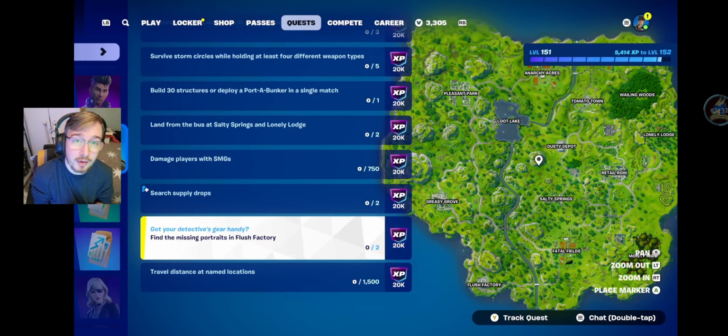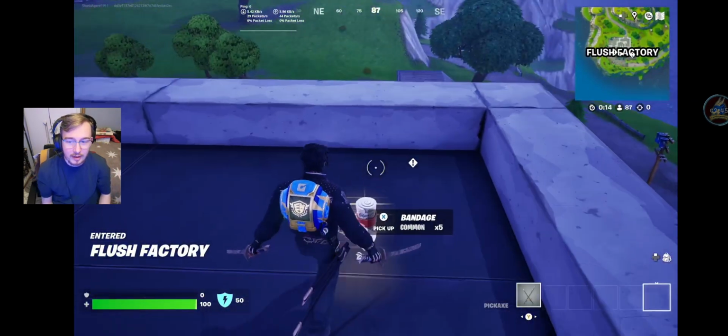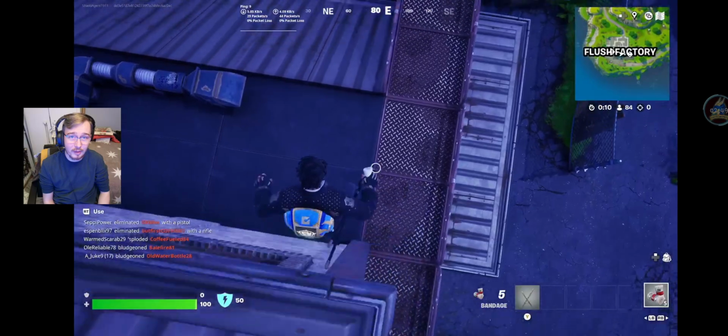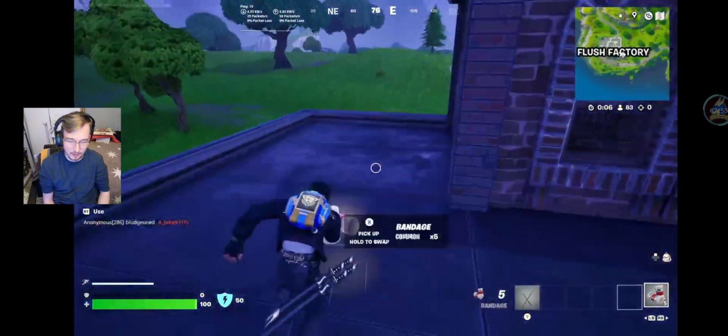The one that I'm going to focus on for now though is find the missing portraits in Flush Factory, just because it's a bit of a mysterious one. So let's head down to Flush Factory and get a start on that quest. So folks, here we are at Flush Factory, and honestly it looks like this quest might be a little bit easier than I thought, seeing as the 3 portraits are...